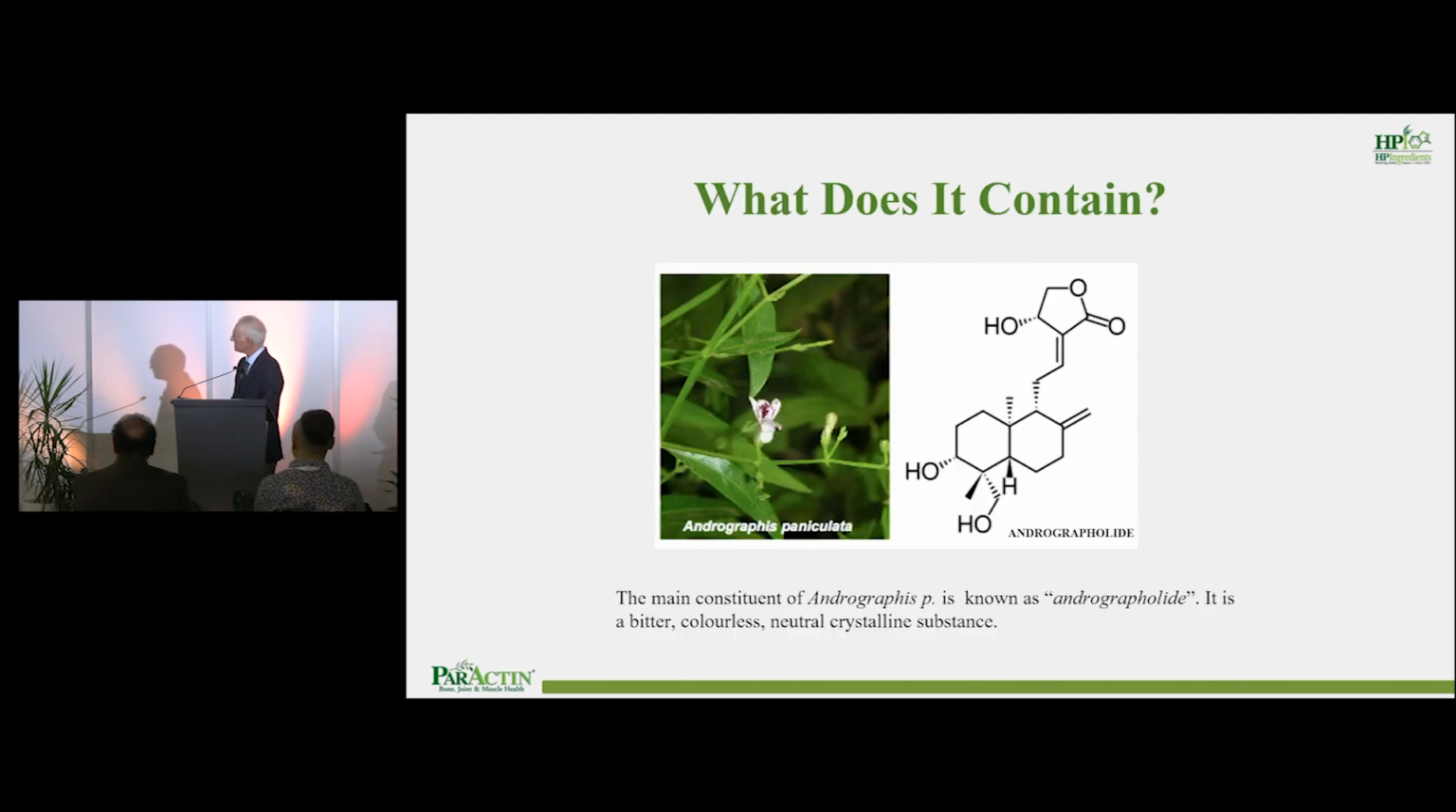Next one. The question is, what does it contain? It contains a crystalline substance known as andrographolide, in relationship to its plant, and it's a bitter, colorless, neutral crystalline substance, and it corresponds to a diterpenic labdane, right? And this is very well known, and there was even a publication in the journal Nature that appeared in 1909. The next one,